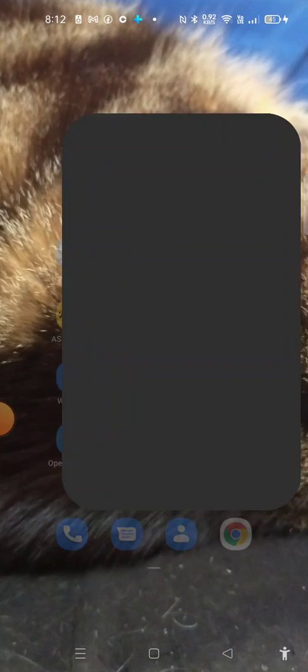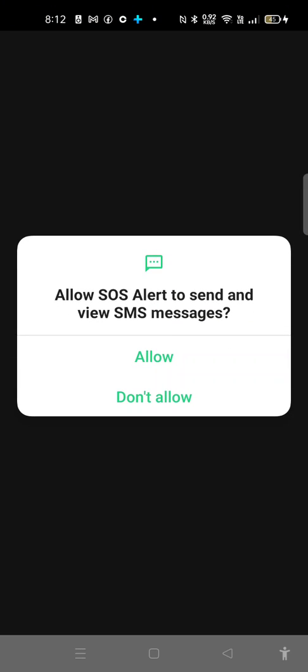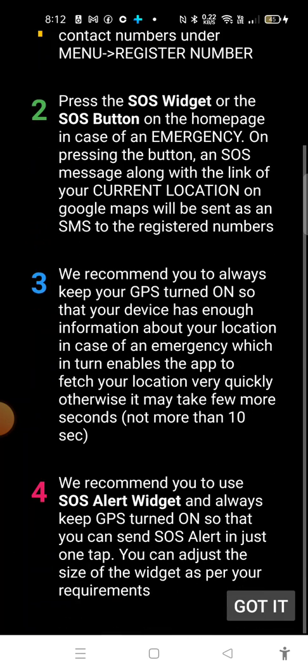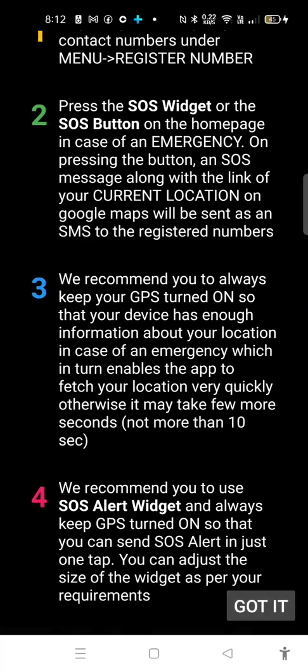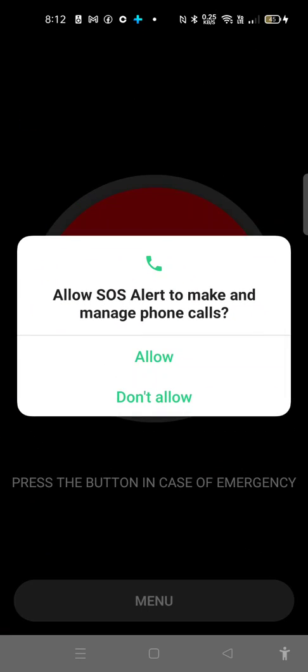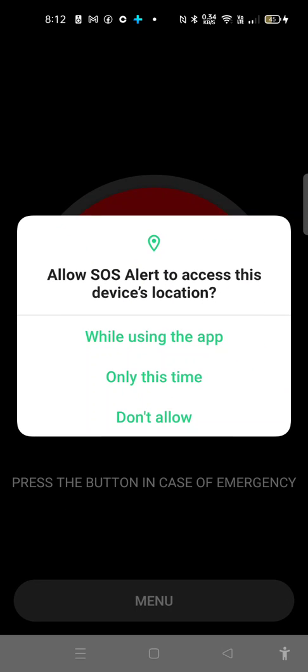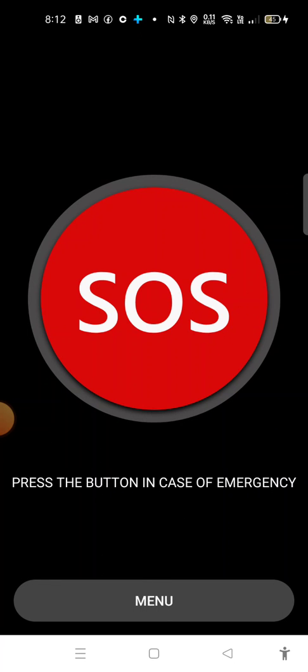We tap on SOS, we allow it to send and view SMS messages. That's the instructions of what to do, got it. Allow it to make phone calls, and allow it to get the location. So we go to the menu,